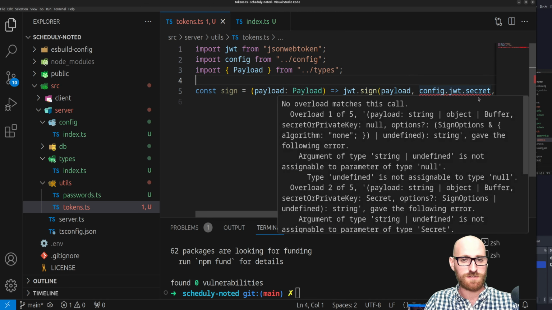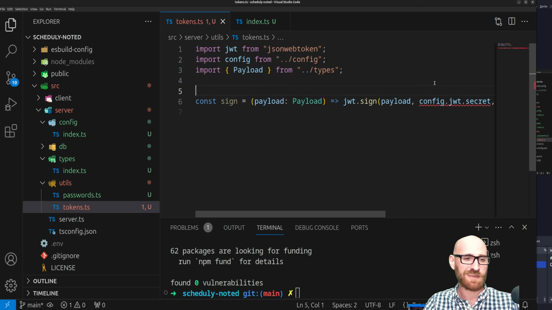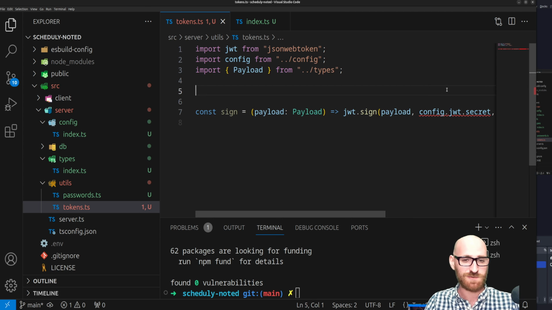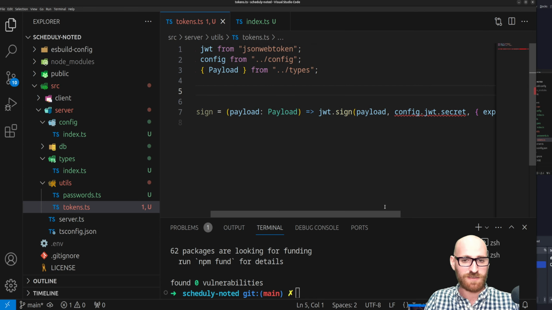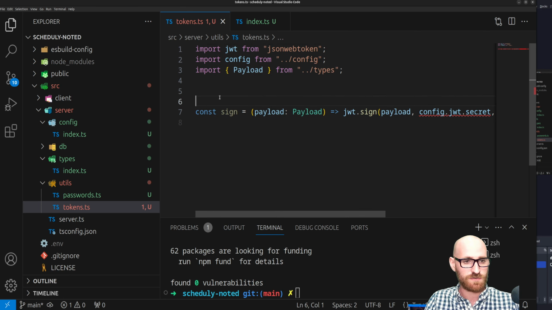Now, the JSON Web Token library is not going to be happy if you try to give it undefined as a password, which is the possible value coming from an environment variable. So we do need to validate this. So what I'm going to do here is